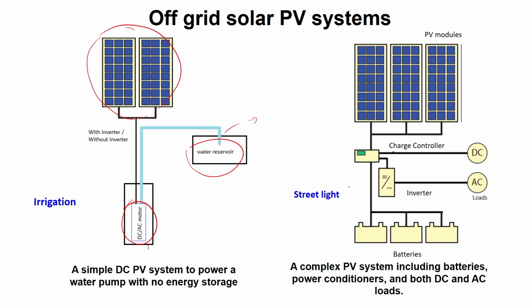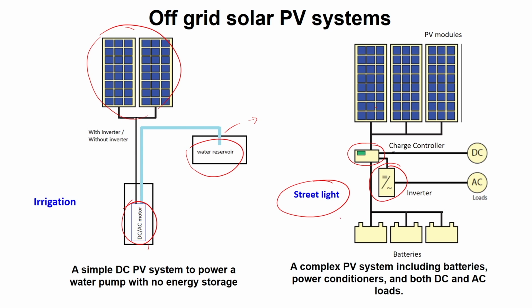Another example is the use of off-grid solar PV systems in street lights. We have PV modules of the required number based on the requirement of the load. We have to specify the number of modules. Then we will have a charge controller. If it is a DC load, then we can provide the energy directly to the DC load, and if an AC load is present, we need to install an inverter to convert DC current to AC current,